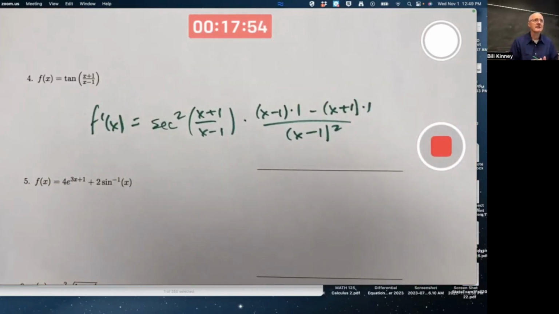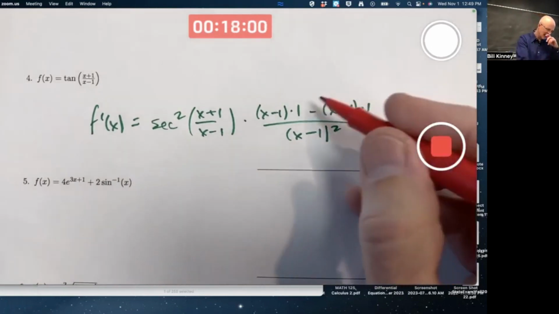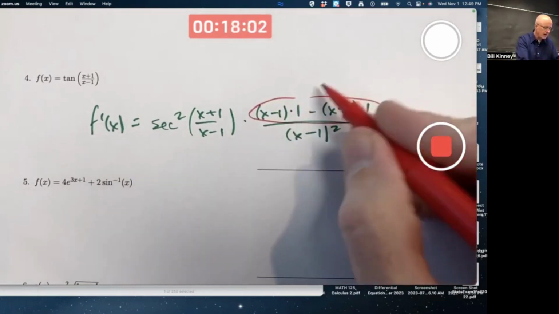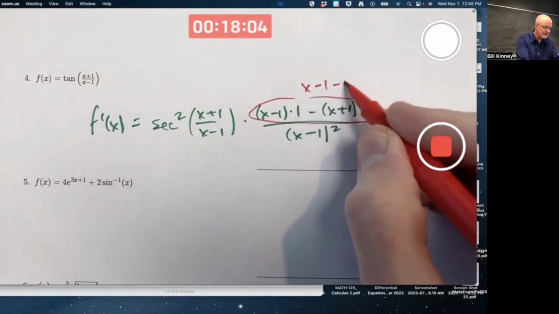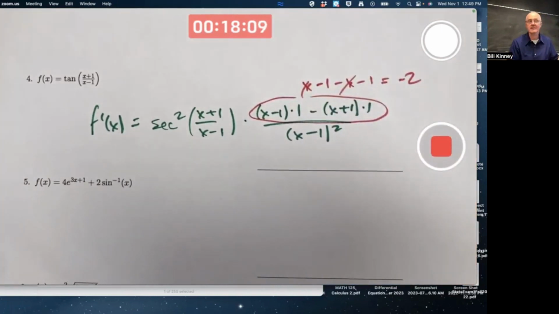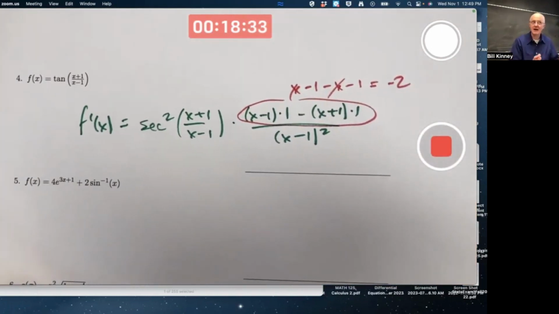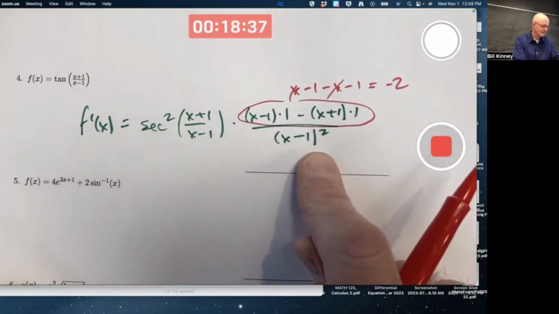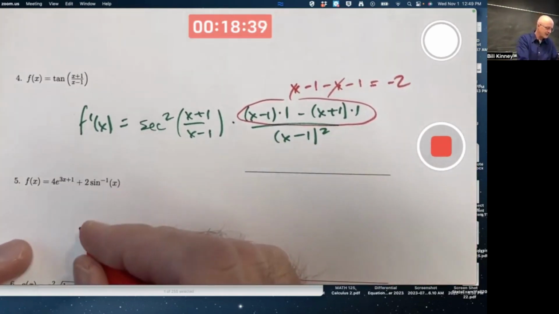Stop right there. You don't need to simplify. Some people tried simplifying, they made a mistake. If you did simplify this top part, it would simplify to x minus 1 minus x minus 1, and the x's would cancel. It actually simplifies to just a plain -2. So it's a benefit to not simplify. Leave it like that. Number 5,